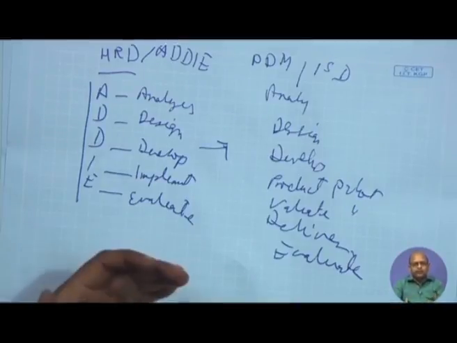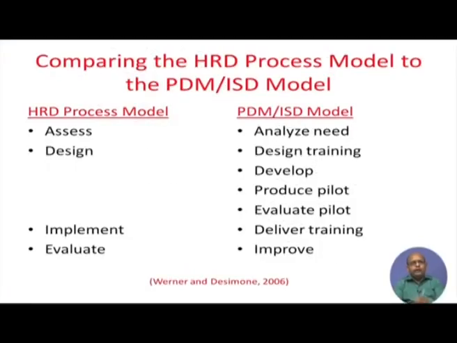So, more or less all of them talk about certain stages. If you look at the HRD process model, it talks about 4 stages: analysis, that is the assessment part; design and development taken together in the AD model; implement, that is how we are going to deliver it; and finally evaluation, how we are going to evaluate the effectiveness of the HRD interventions, right. Similarly, in PDM and ISD model, you see more or less the same steps, except that once you design and develop the program, you go for pilot testing to see whether it really works on a small set of people, and then you use it, right. Otherwise, more or less you will find that it is comparable.